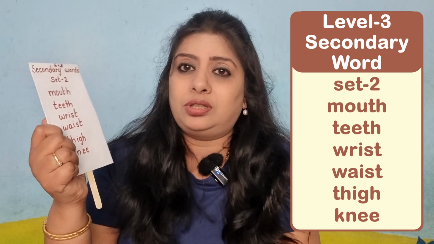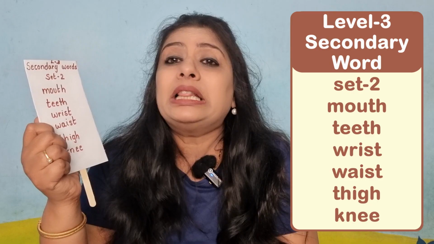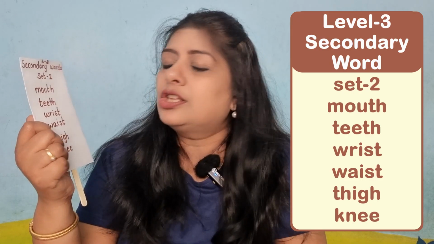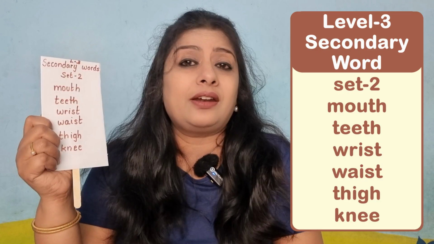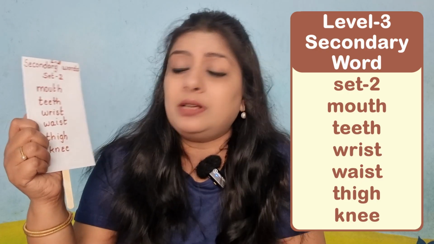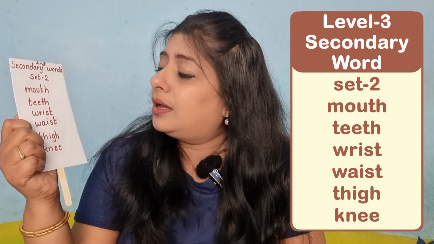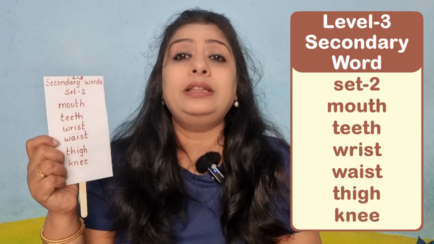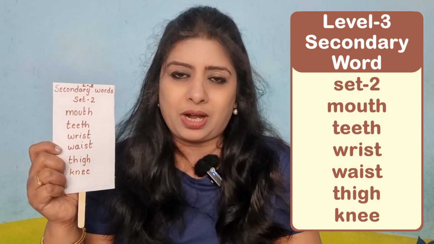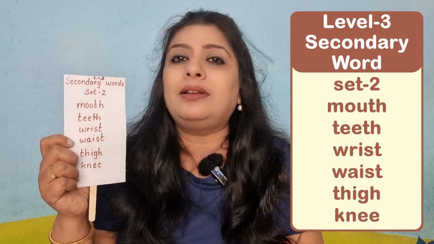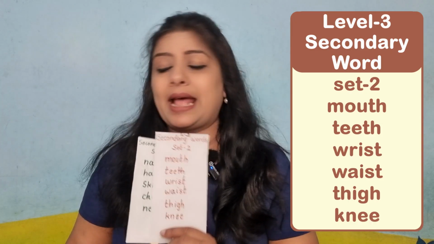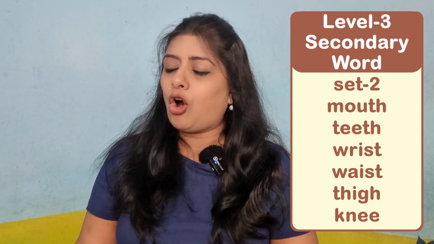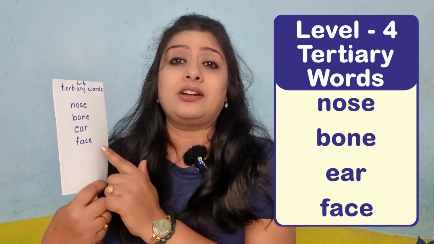Example, mouth. So ow, there are 3 sounds. Similarly, teeth, t, e, th. So there are 2 blending sounds. Similarly, wrist, waist, thigh, knee. All these words which contain more than one blending sound fall under the level 3 secondary words set 2 and set 1 as well. And after this, all these body parts that you can see, nose, bone, ear and face,